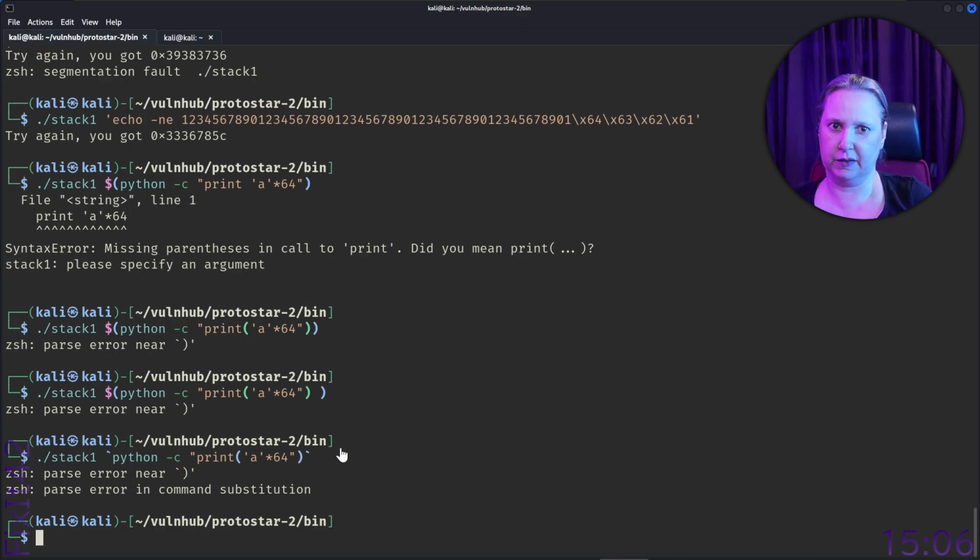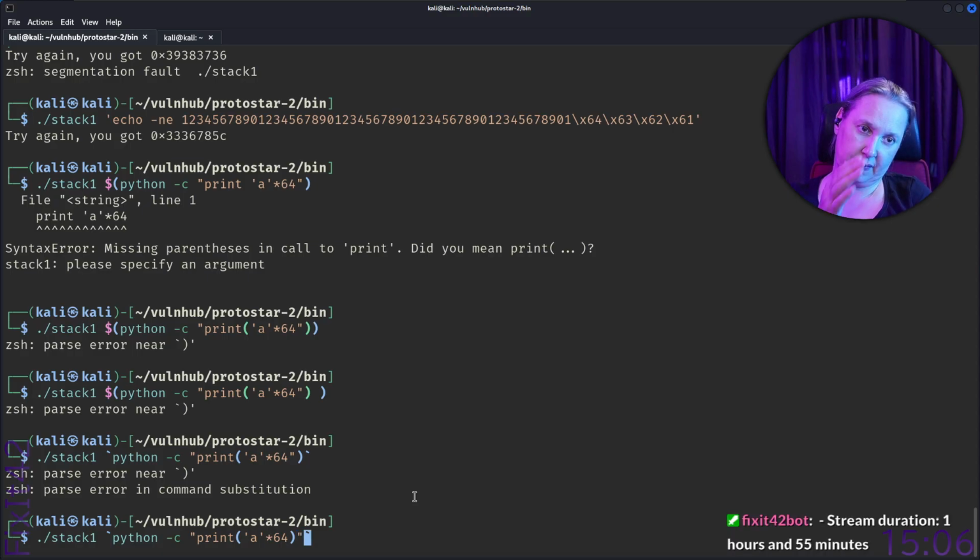So I'm going to copy my own notes here. Program Python C print character. Okay. So let's try. Maybe this is prettier. I kinda like this better.